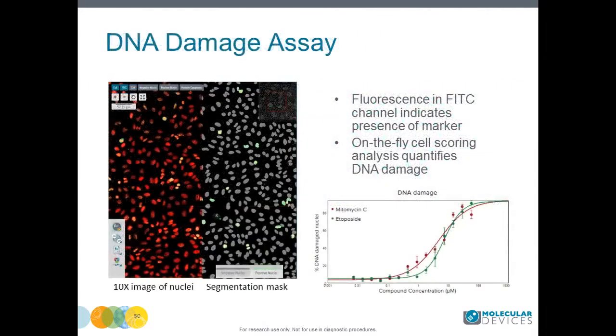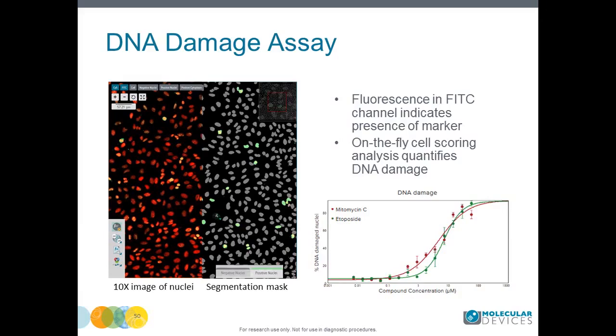DNA damage is another important application for toxicity assessment. Assessing damage to DNA is frequently addressed in research applications because of its implications in diverse diseases, including genetic mutations, cancer, and aging. DNA damage may happen spontaneously or be a result of exposure to ionizing radiation or chemical compounds. Cellular DNA damage can be visualized and quantified using antibodies against phosphorylated H2AX protein. Also, we have used the nuclear stain Hoechst for counterstaining.